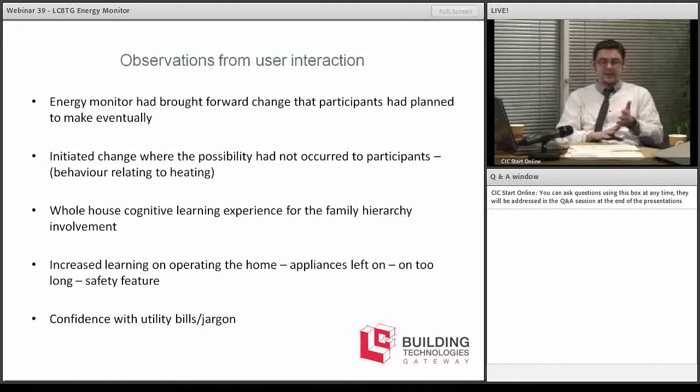So intentions are there, and the route to behaviour change is creating habit, and to repeat habit. So we know